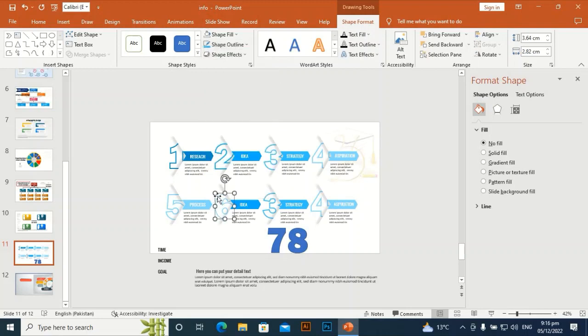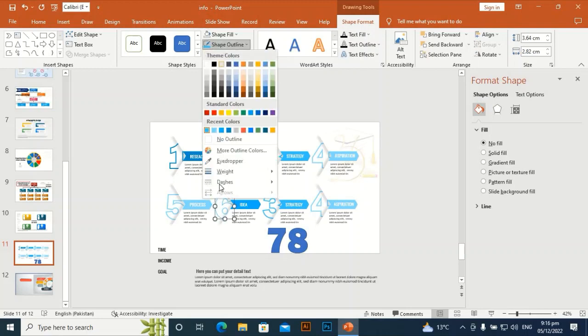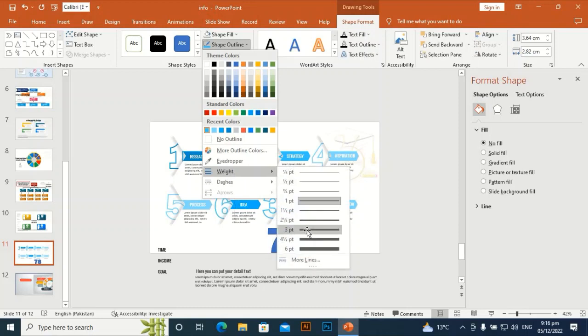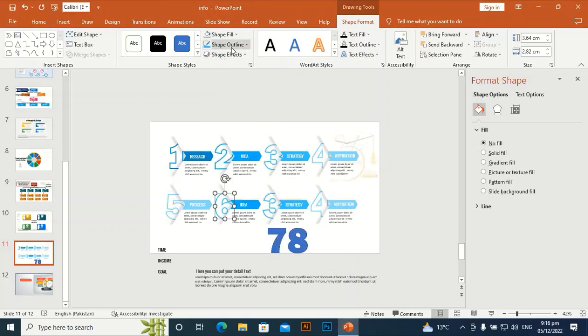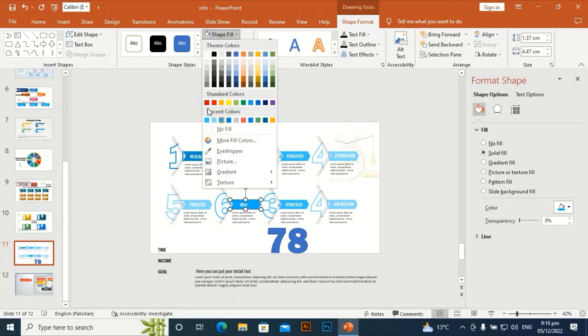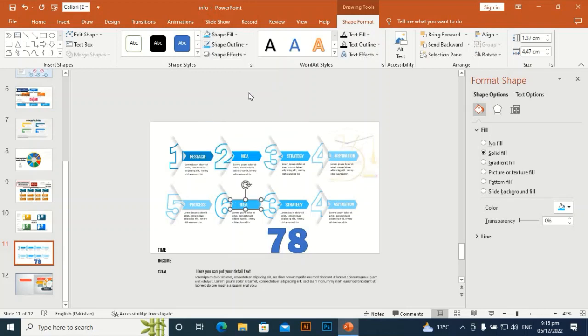Select the second one, shape outline and give it 3 and let me select this arrow and give the recent color, the first one. I think this one, yes,